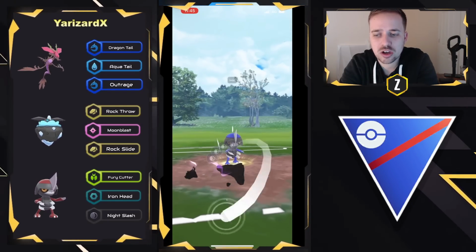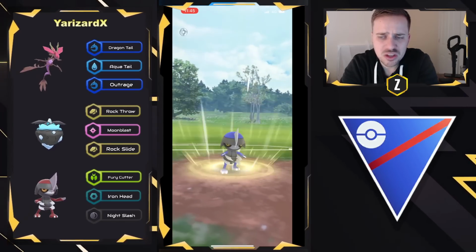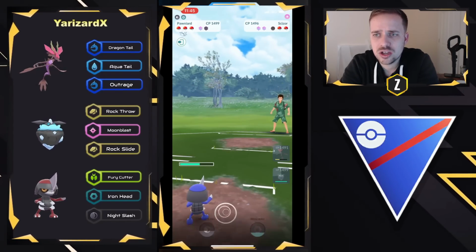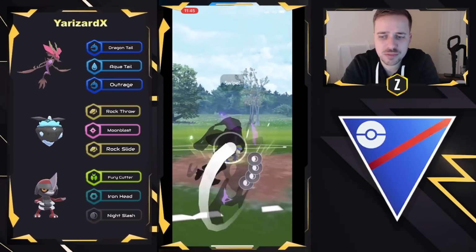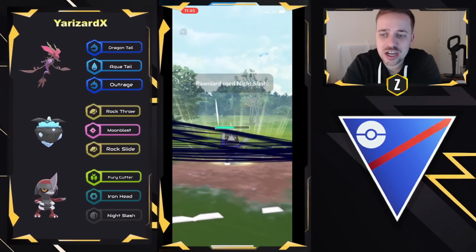But they're going to go ahead and go for one Night Slash, looking to get a shield from the opponent, or just get rid of the Scizor, and the Scizor does go down. So 1 to 2 shields. We do see the Clefable come back in, and this is unfortunate because Clefable now is going to be forced to shield a Night Slash here. Resisted charge move,